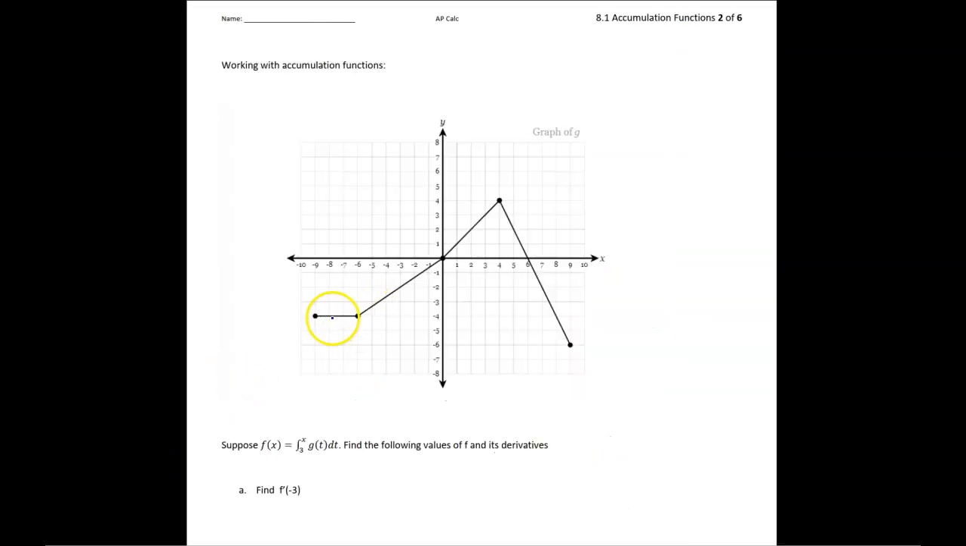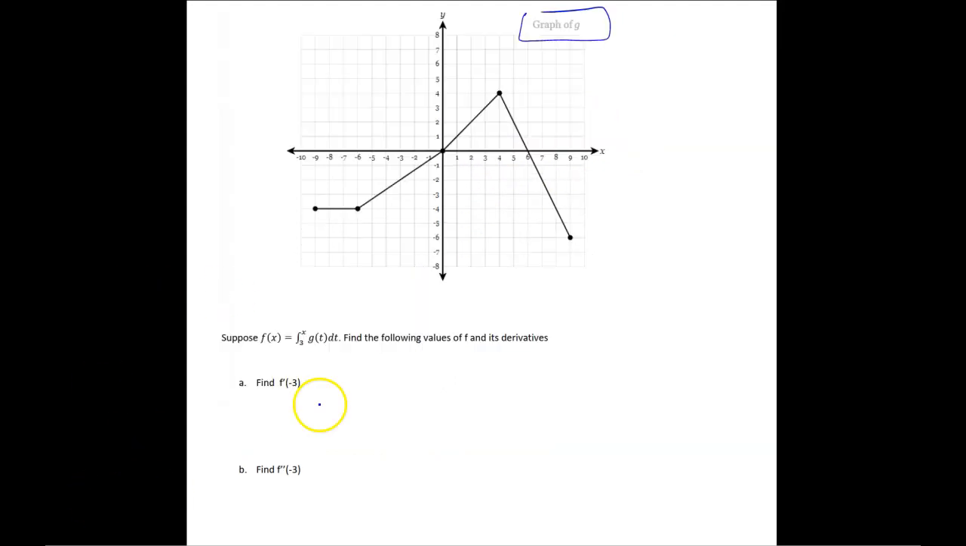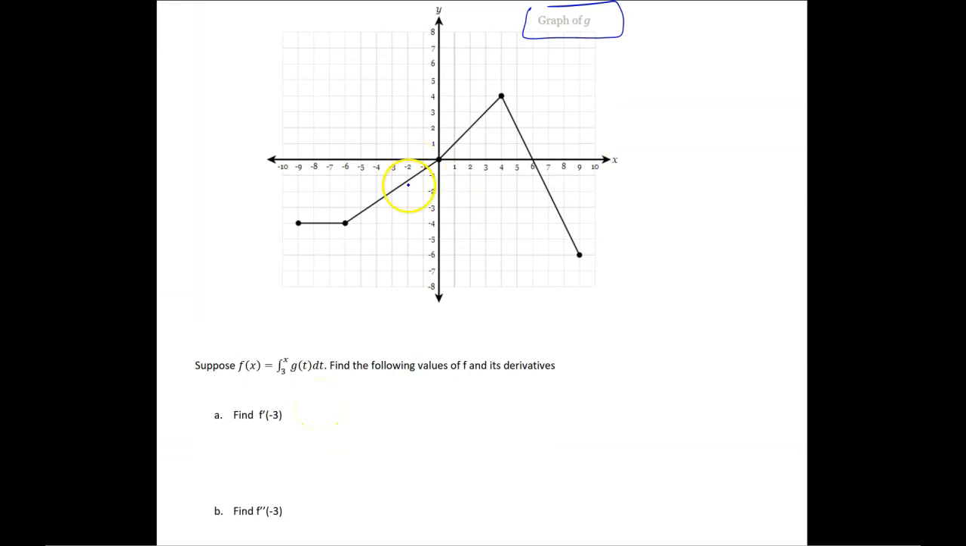All right, so here's our graphical example. So we're given f of x is the integral from 3 to x of g of t dt, and then notice the graph that we're given is the graph of g. So I would always annotate what your graph is, because if this was g prime, for example, it would change our reasoning a lot. All right, so if we want f prime of -3, well, by the same logic as